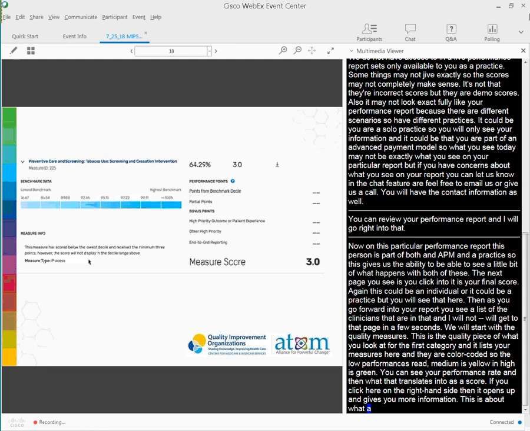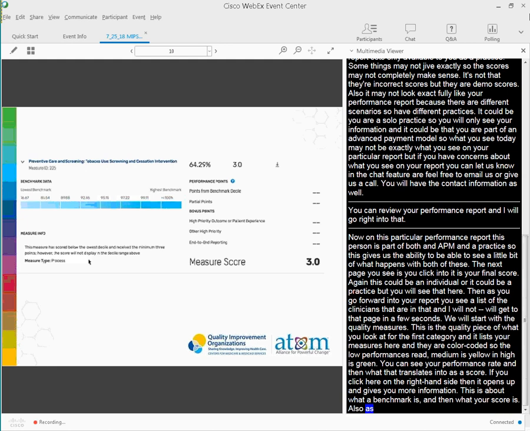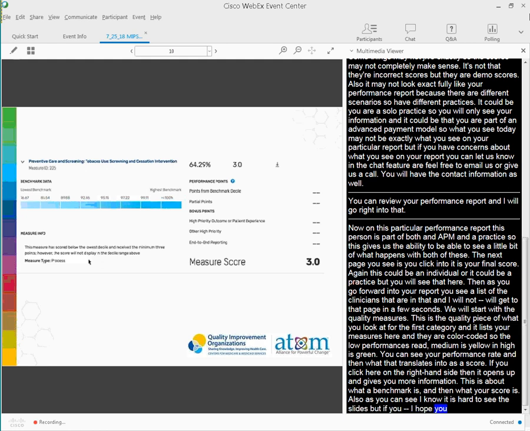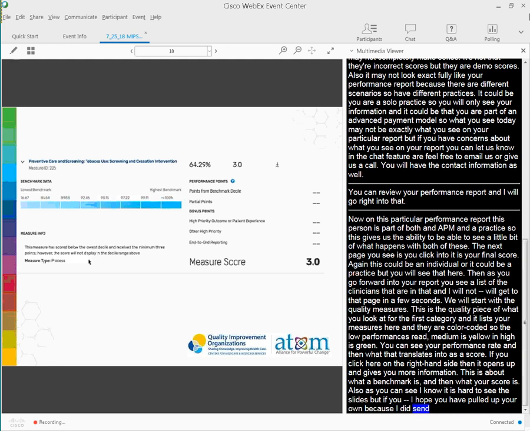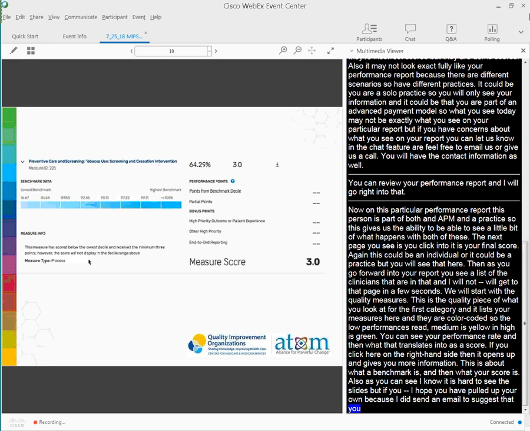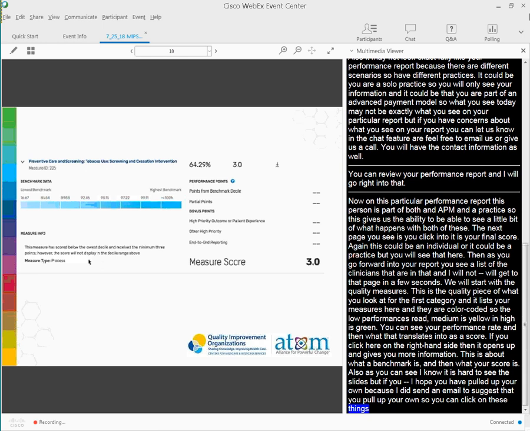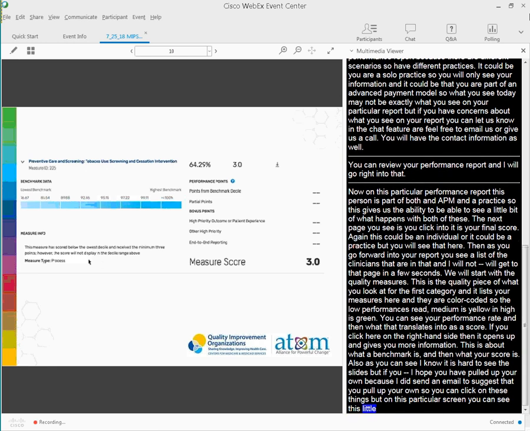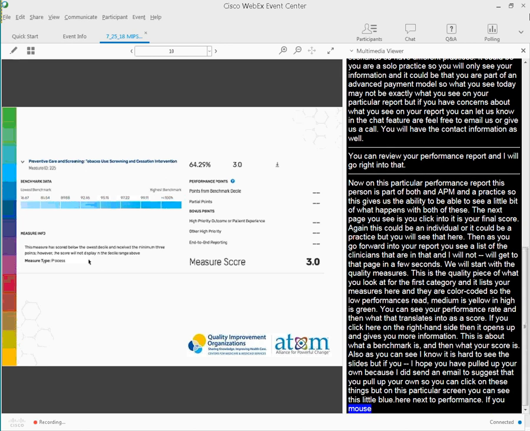And then what your score is. Also, I know that it's hard to see these, and I hope that you all have pulled up your own, because I did send an email to suggest that you pull up your own so that you can click on these things. On this particular screen, you can see this little blue dot next to performance point. If you mouse over that little blue dot, it gives you more information about the number of patients, and so on and so forth, that are included